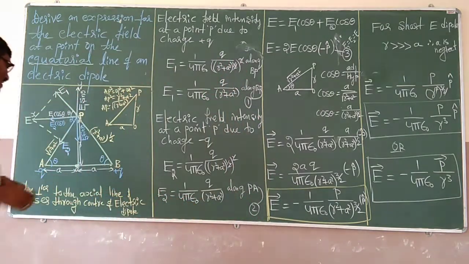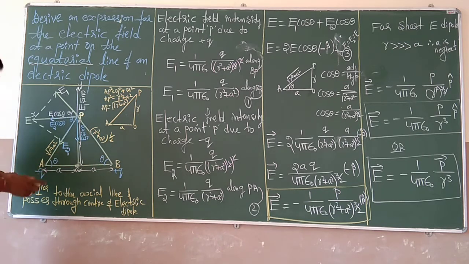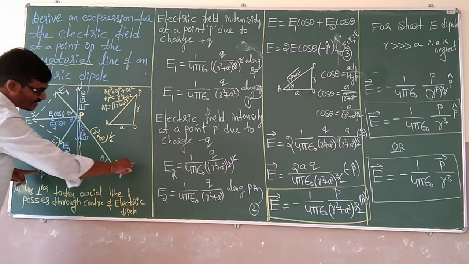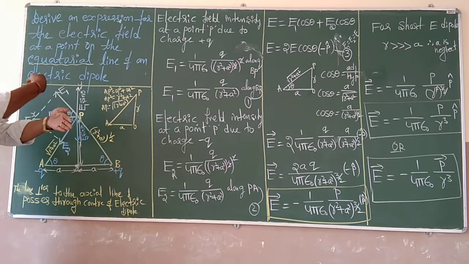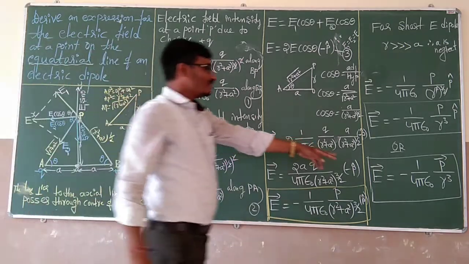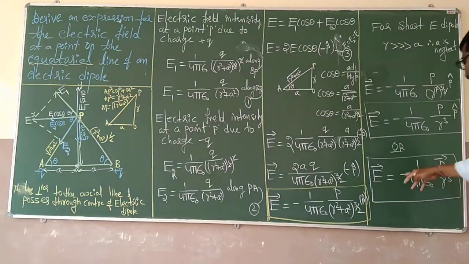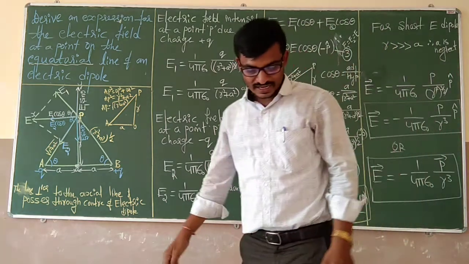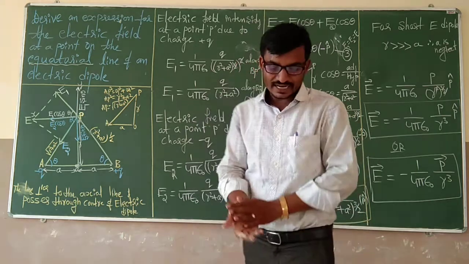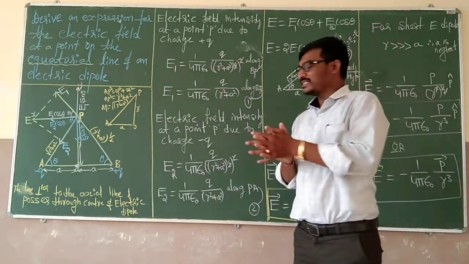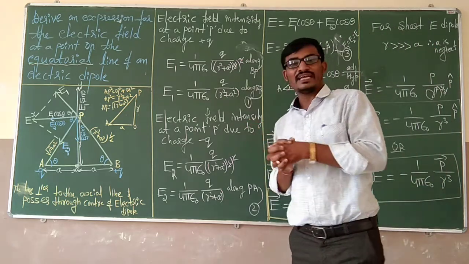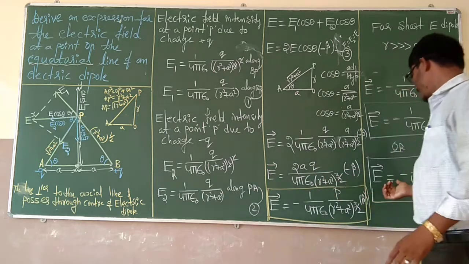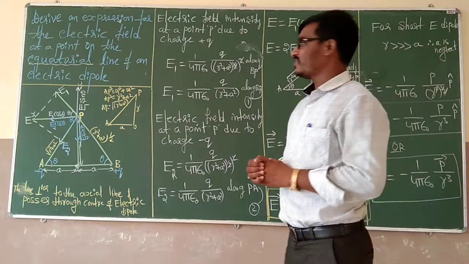According to this diagram, the dipole axis is always directed from the negative charge to the positive charge. It goes this way, but the resultant electric field goes this way. Both are in opposite directions, therefore you get a negative sign, that is E vector is equal to minus 1 divided by 4 pi epsilon naught, P vector divided by R cube. Clear? The negative sign indicates that the resultant electric field is antiparallel to the dipole axis. That is why we get the negative sign. So, thank you for watching this video.